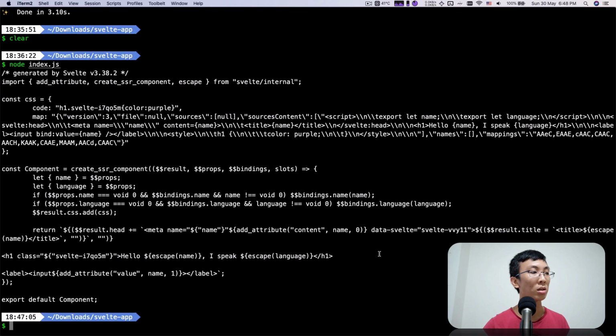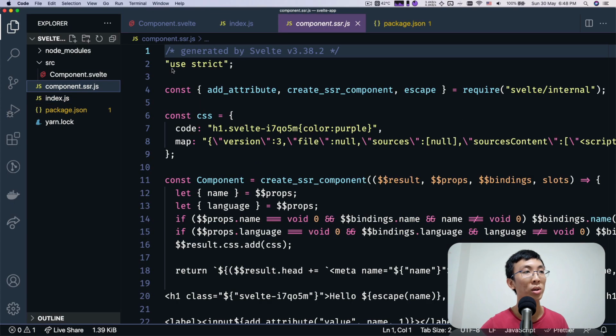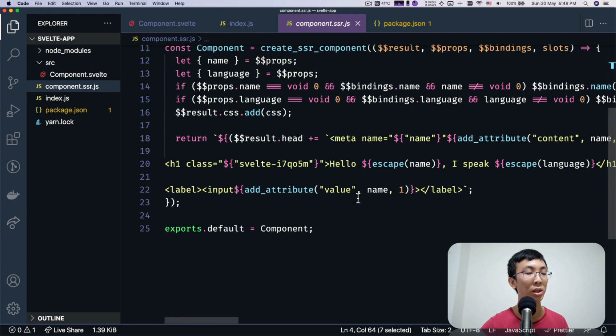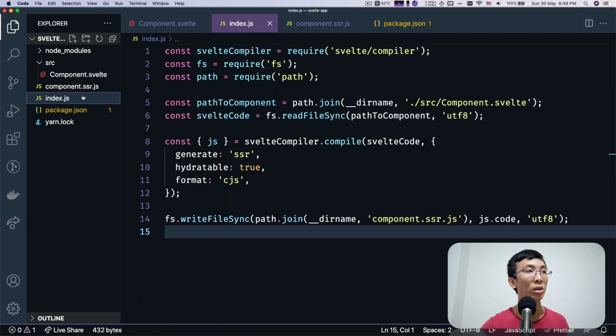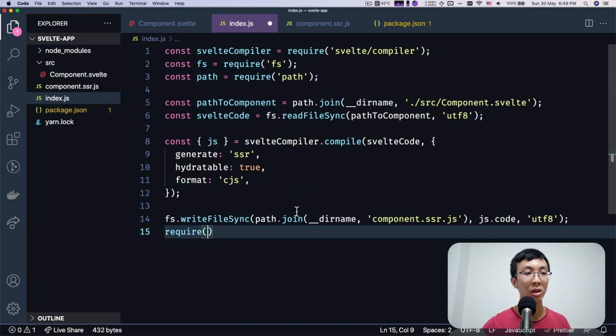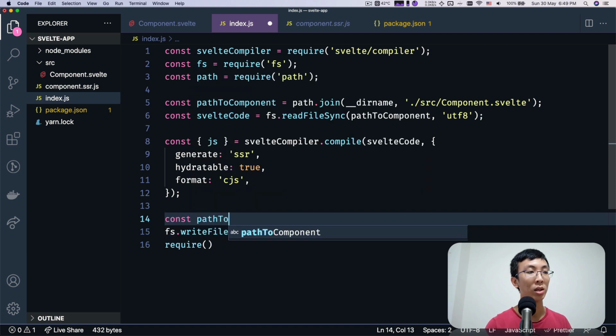So if I run this, you'll see that now we have a new file called component.ssr, which is in CommonJS, and probably we can run it. The way to run it is to just require it.